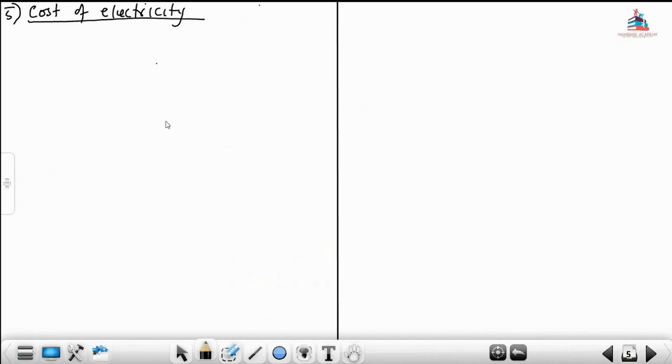So this is very easy because when we work with cost of electricity, we are actually interested in how much rands or how much money you need maybe to have a specific number of units. So the formula is cost is equals to